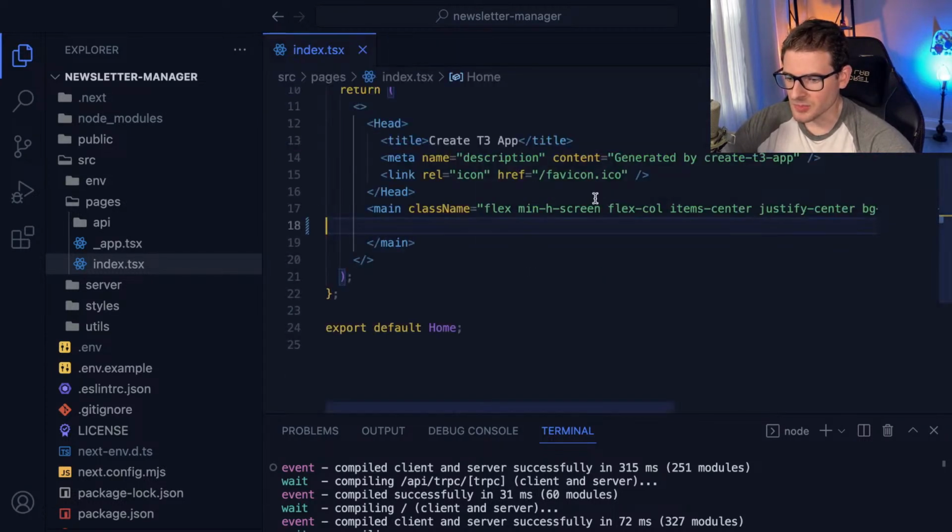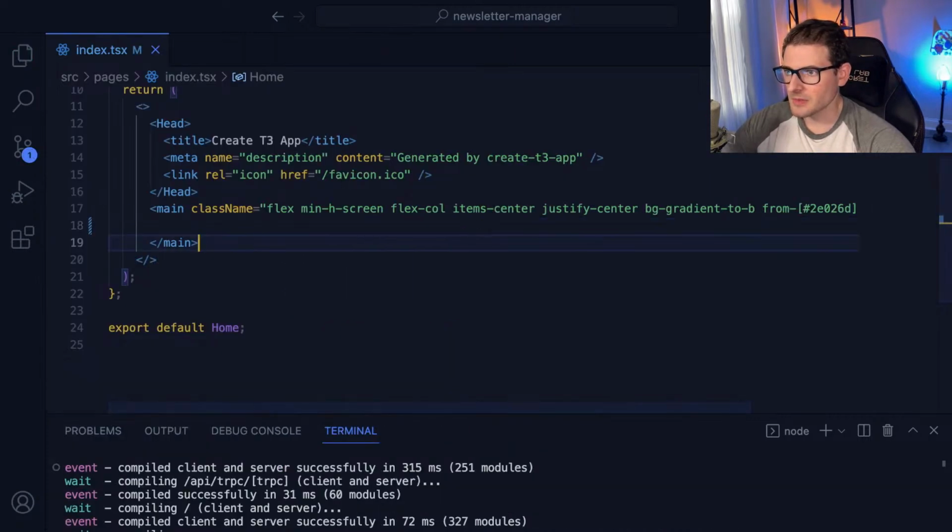What is my zoom at? I want to make sure I'm zoomed in. Okay. Delete all that stuff. And then what we're going to do